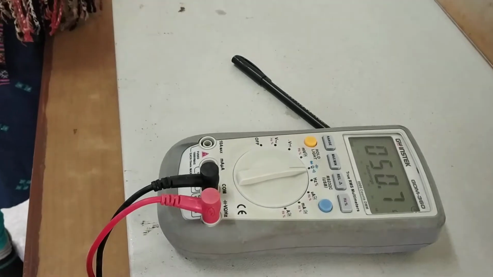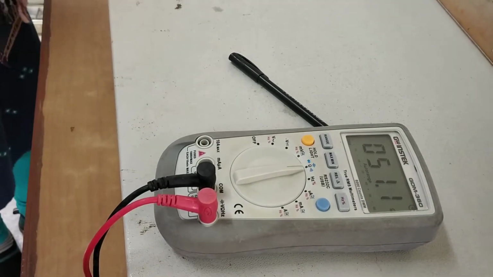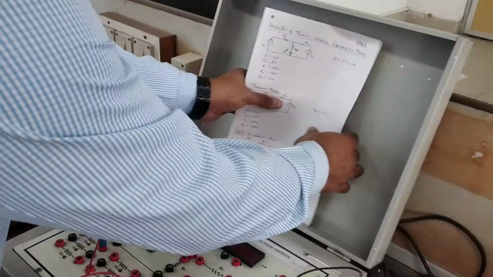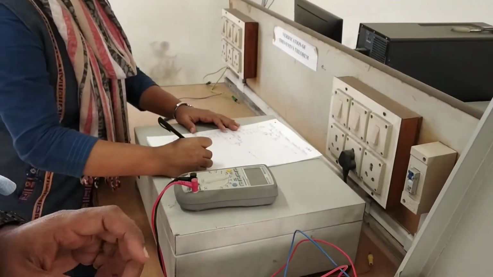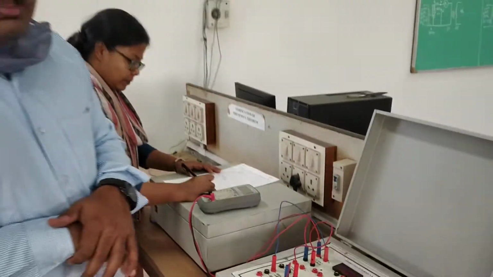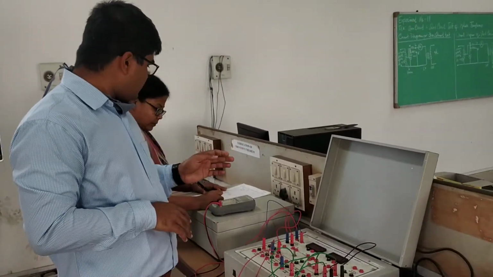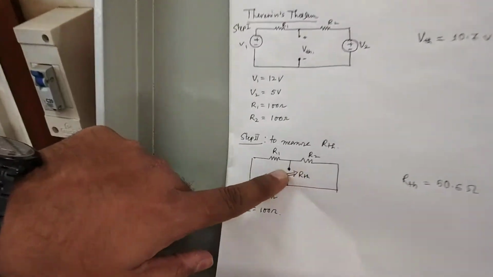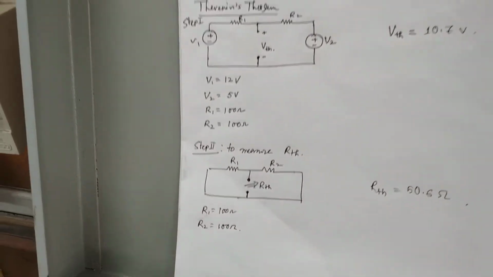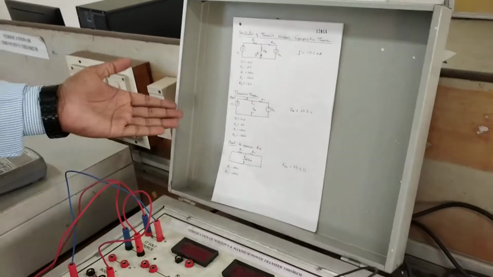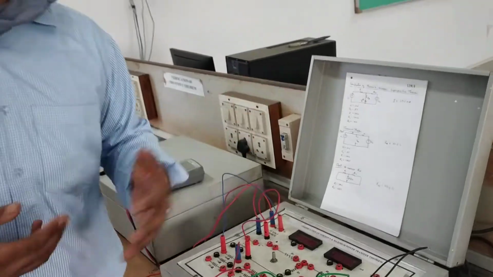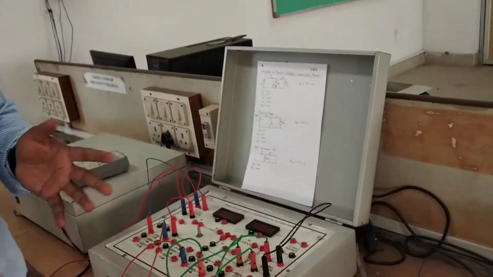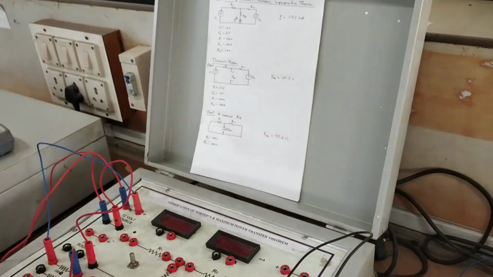Yes, this is the actual value, perfect value, 50.6. Okay, so 50.6 ohm resistance. Please note it down. Actually, why is it coming? Because with respect to the load terminals, R1 and R2 are nothing but connected in parallel. So two 100 ohm resistors connected in parallel give 50 ohm. So in place of 50 ohm, it is coming 50.6 ohm. So it is almost the same.